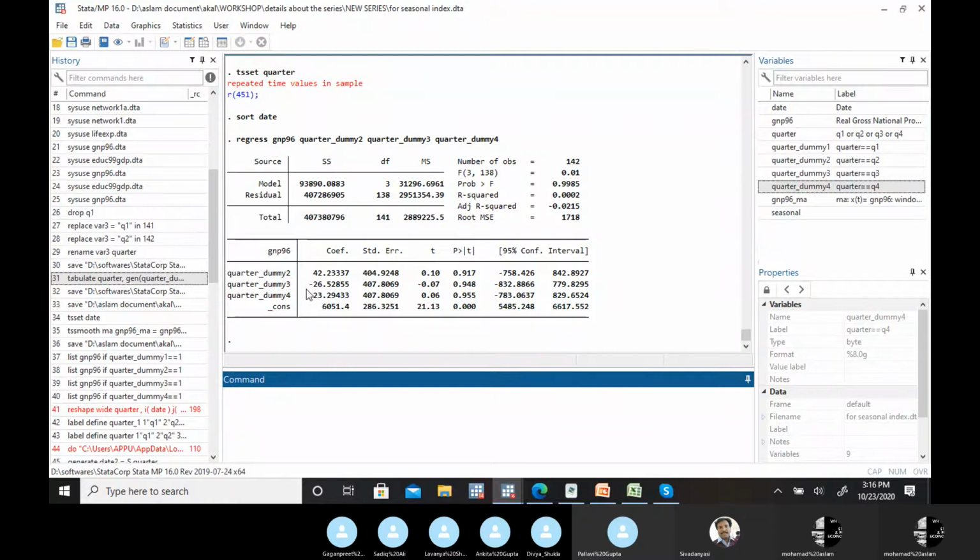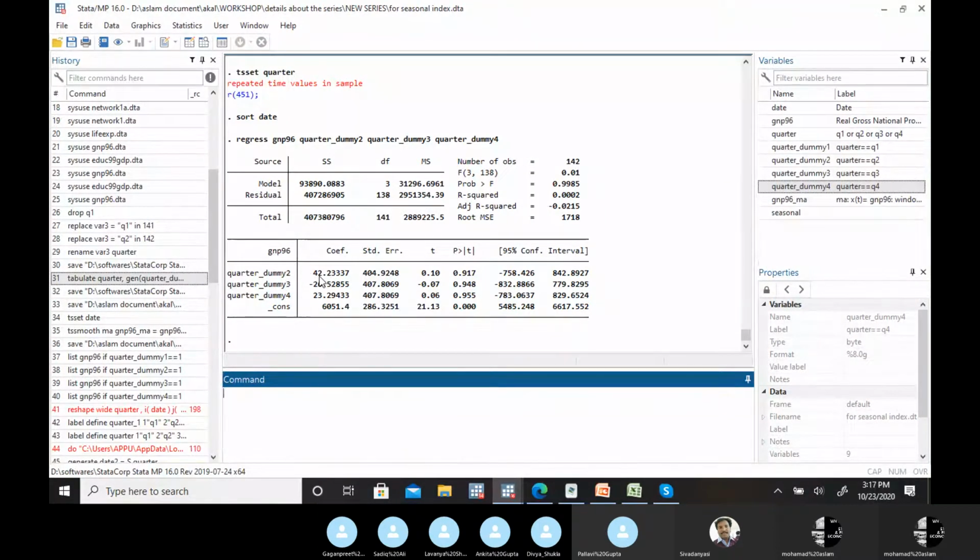So this way you have to apply this model. And now it's a comparison with the intercept, the left out dummy variable, the first quarter. So in comparison to the first quarter, in the second quarter GNP will be on an average more by 42.